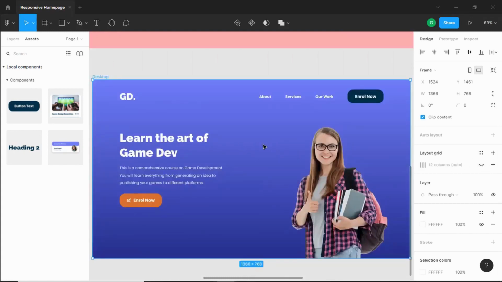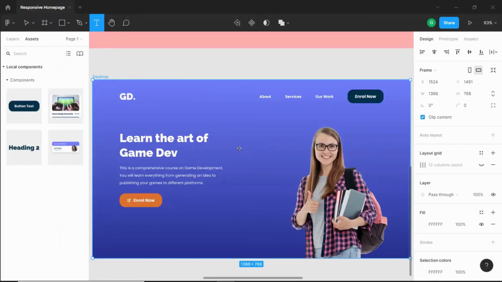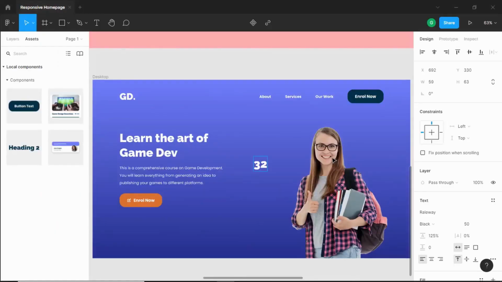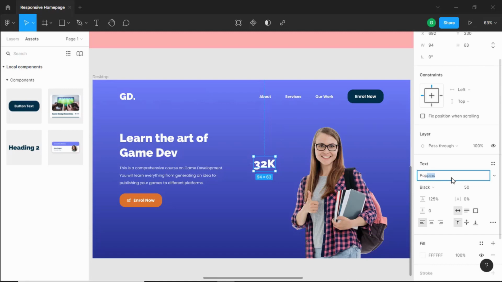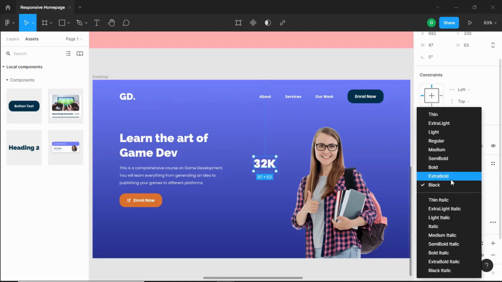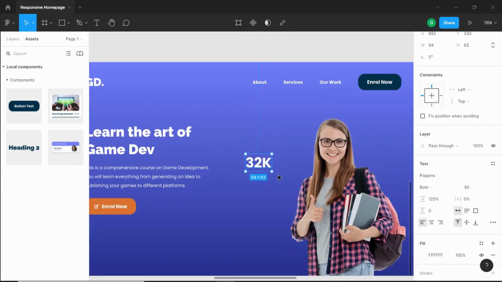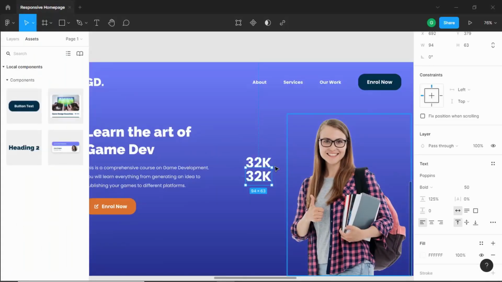Alright, now the last thing we need to add is this achievement card over here. So let's create a text, and I'll just type 32K, and I'll just change the font to Poppins, and I'll just change the style to extra bold, or let's keep it at bold, and let's duplicate this down, and here we have students enrolled. So I'll just type students enrolled,